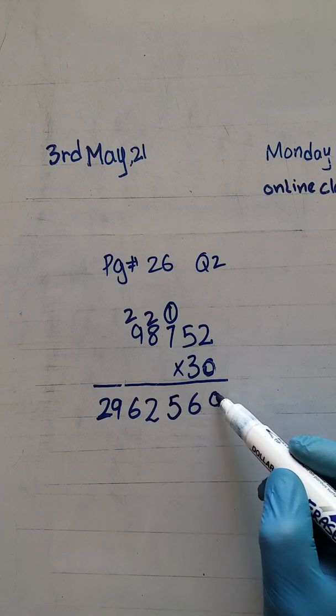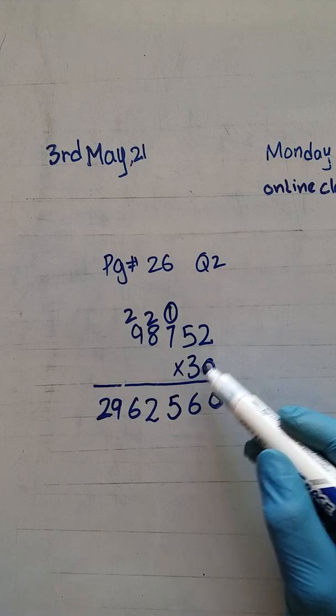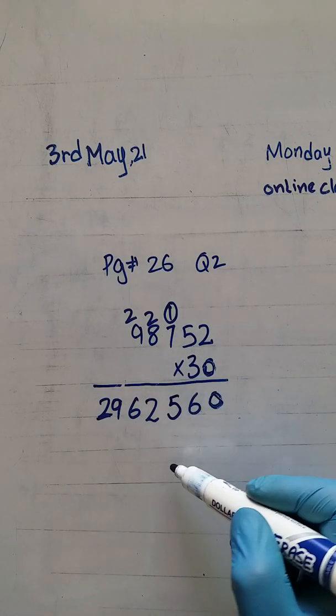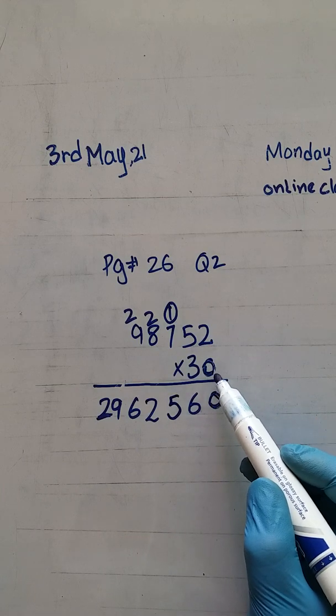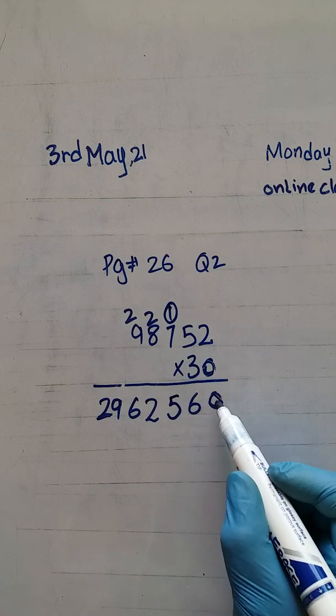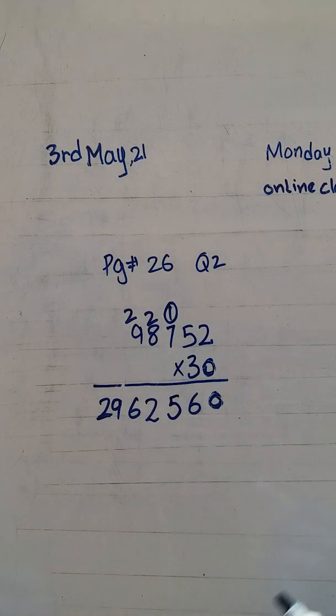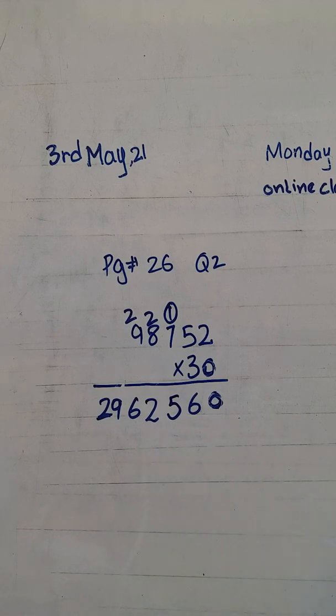So put the 0 in the starting before multiplying, starting से पहले ही लगा दें, and at the end of the multiplying, when you have a number with the 0 at the ones place, you can multiply simply the tens number and put the 0 with the answer in the ones column में आप 0 put कर लें and then multiply the second number with the all digit. This is the procedure to multiply in one step. Okay, so for one step you have to multiply like this.